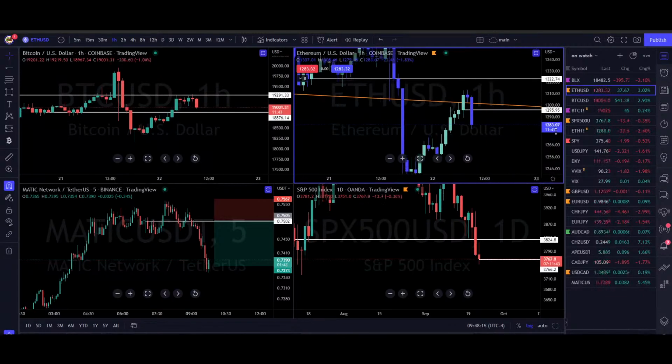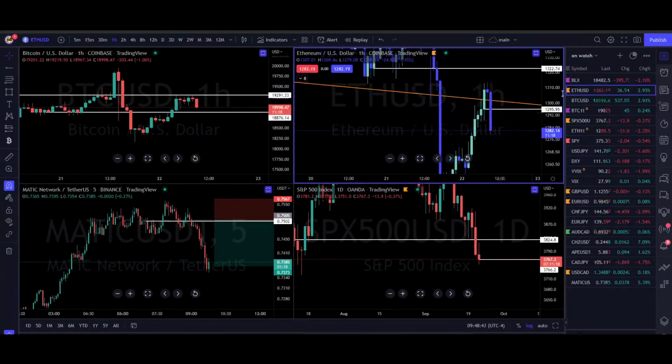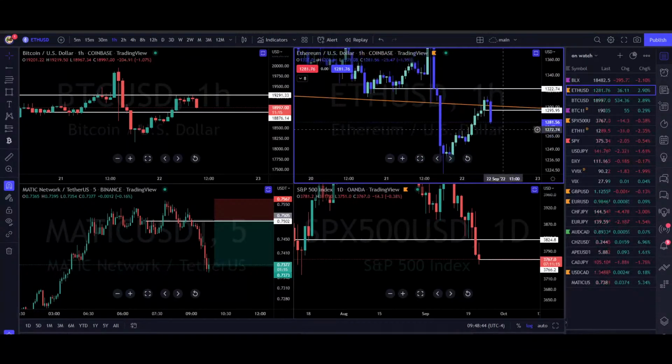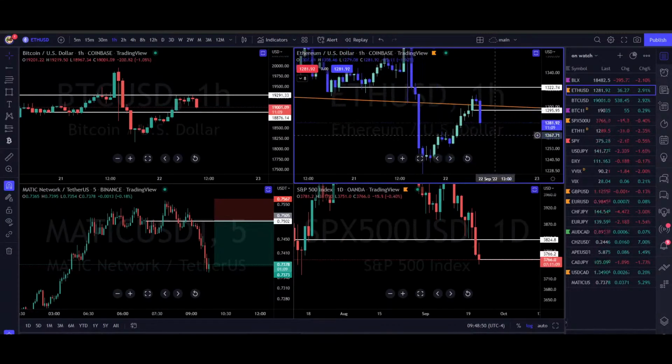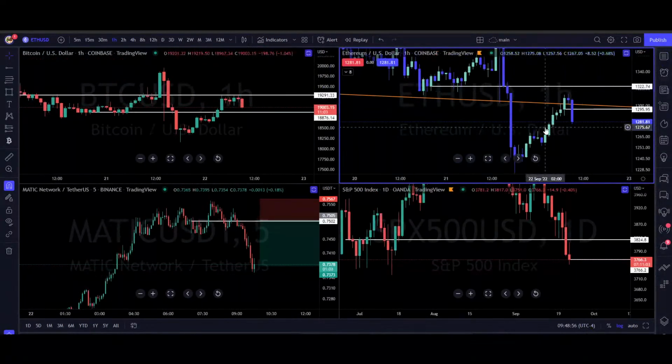Ethereum, there's going to be supply right there, 1295.95. Plus that puts you under $1,300, which is a big figure. It could potentially see this act as resistance on any pullback to it. Also, the midpoint of this downside candle is roughly right in there. So you could see this act as resistance later on into the day. But once again, the trade is more than likely already gone. But we'll keep it on watch for the day.